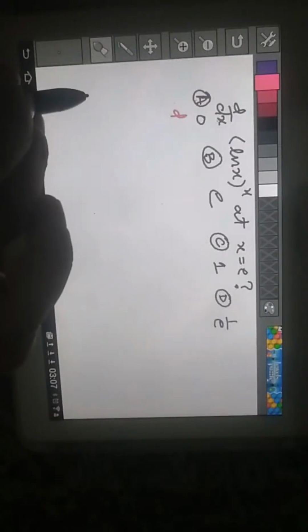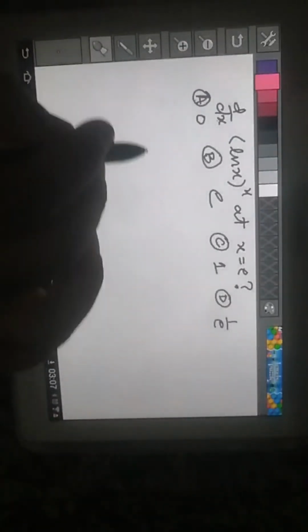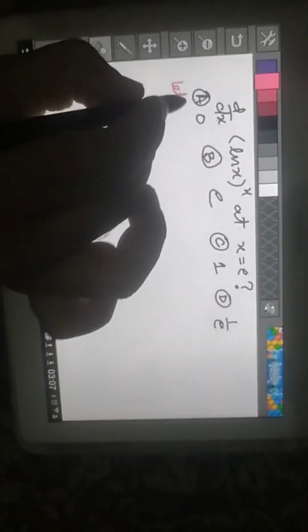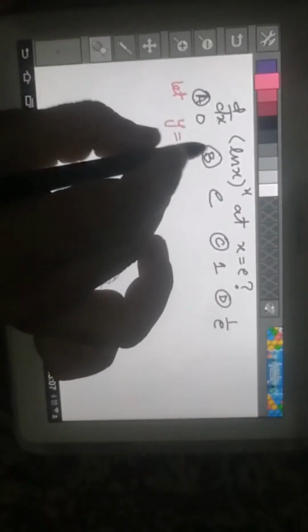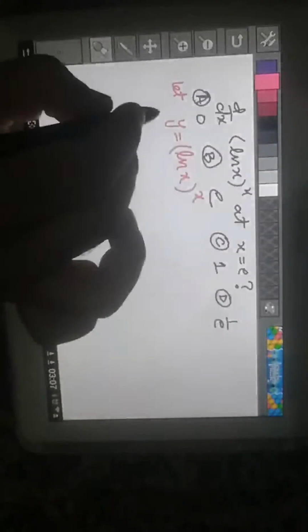Actually the derivative of this is not straightforward. Let me tell you that the derivative of this is not straightforward. I will have to assume here its name. Its name is y, and then